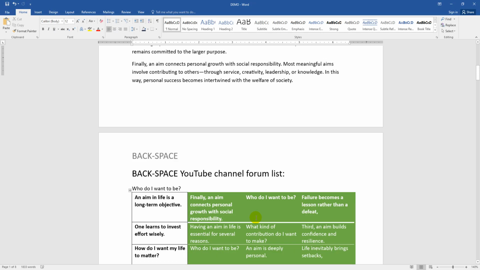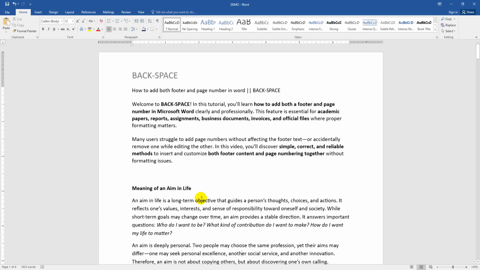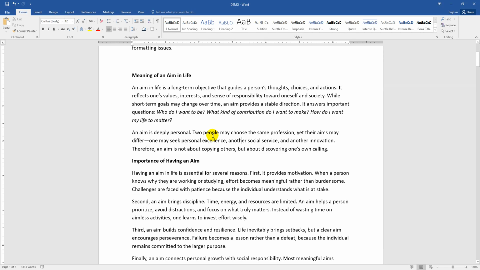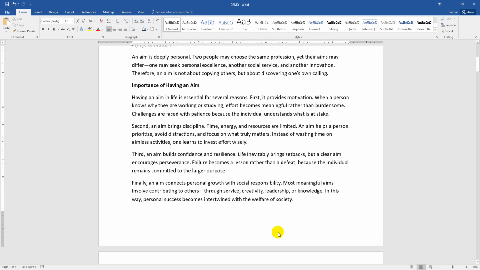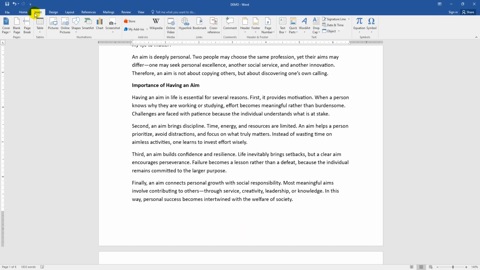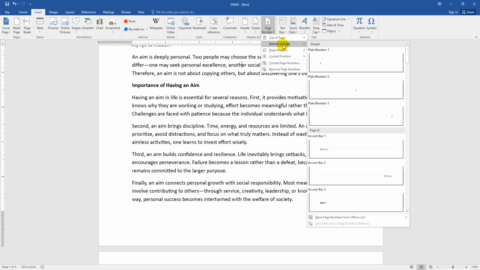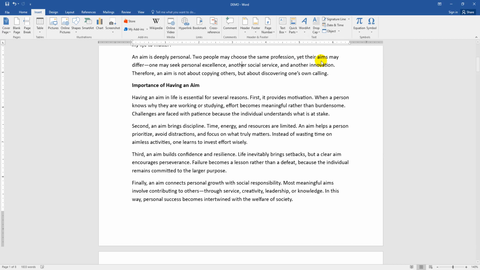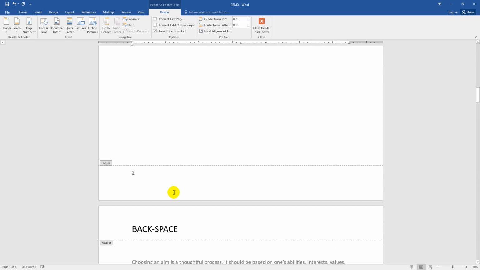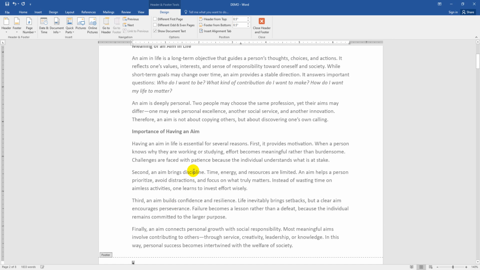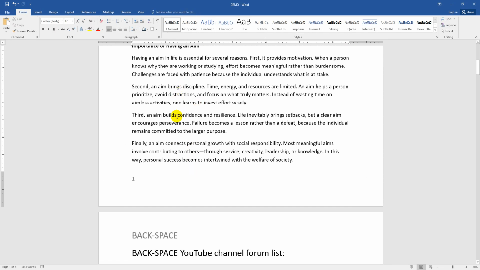So let's get started. We can see the header, Backspace, is already added. Now I want to add the footer and the page number in one page or one formatting. Now I go to the Insert menu again first, then click this page number option, choose bottom of page, then select the left corner. We can see we added the page number, then double click on the main page and close the